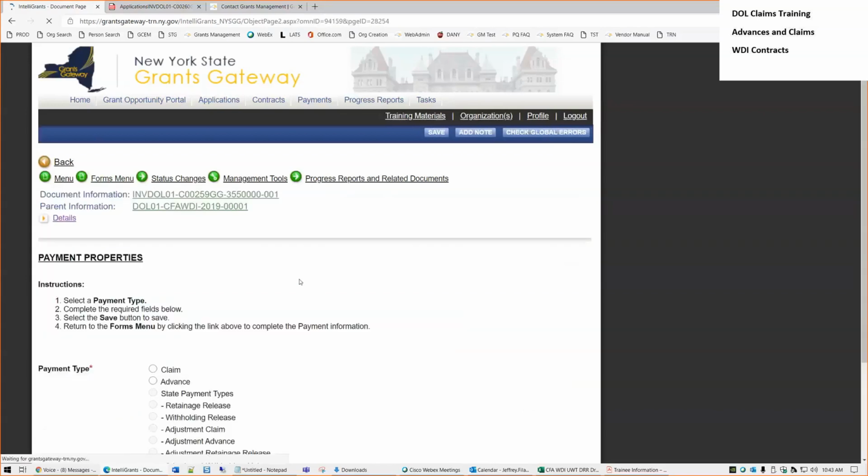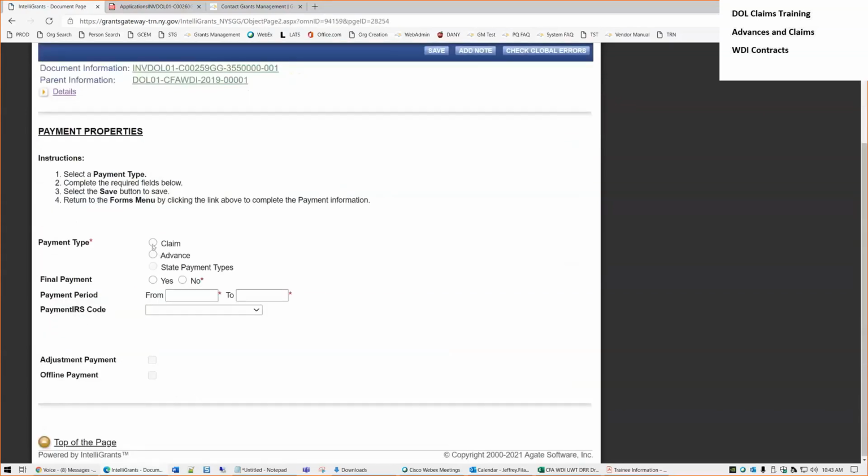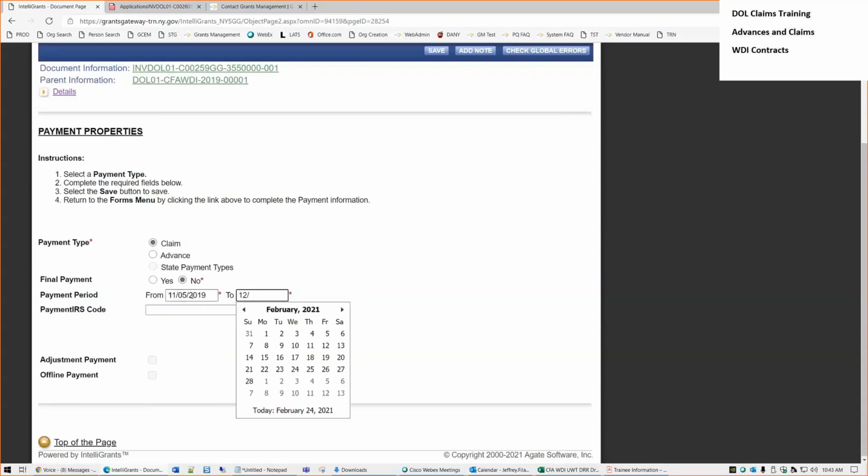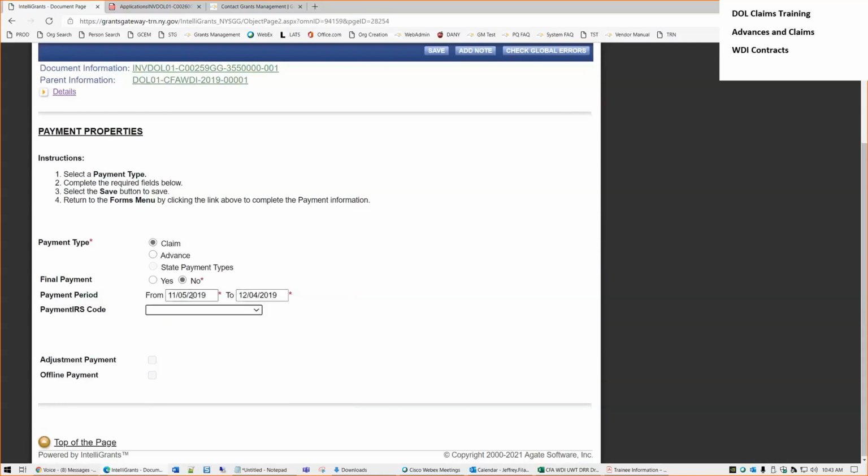This time, instead of starting it as an advance, I'm going to start it as a claim. And no, this is not my final period. And I'm just going to pick 1 month. So it's going to be 11/5/2019 to 12/4/2019. Again, you don't have to worry about this payment IRS code,